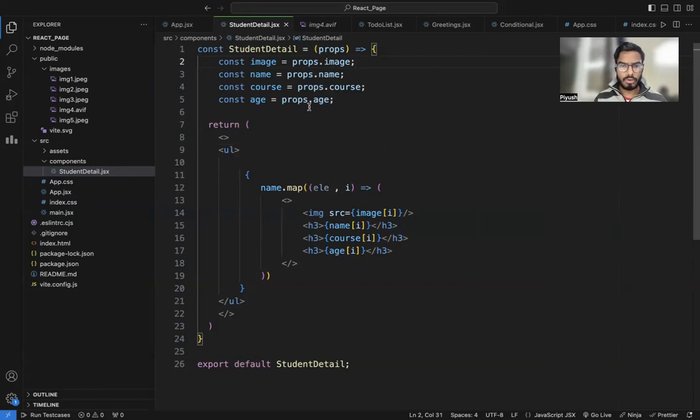And now what we have to do is print everything in a single line. It means we don't want to print all the images together, and then the names together, and then the courses together. We have to print one by one: the image, then the name, then the course, then the age. So for that reason, we'll first make an unordered list, and now we want our data to